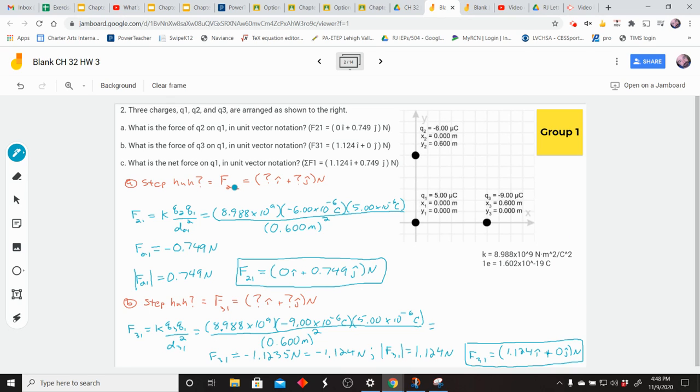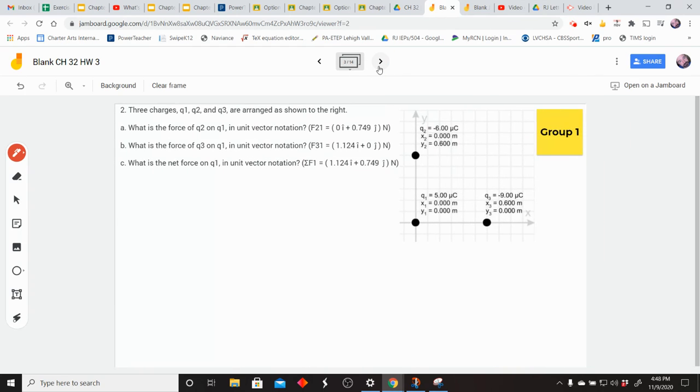And now quickly, let me squeeze this on this page too. Part C, what is the net force on Q1 in unit vector notation? So actually, I'm going to go to another page. We have run out of space. Hope you'll be able to see what's going on. So for part C,